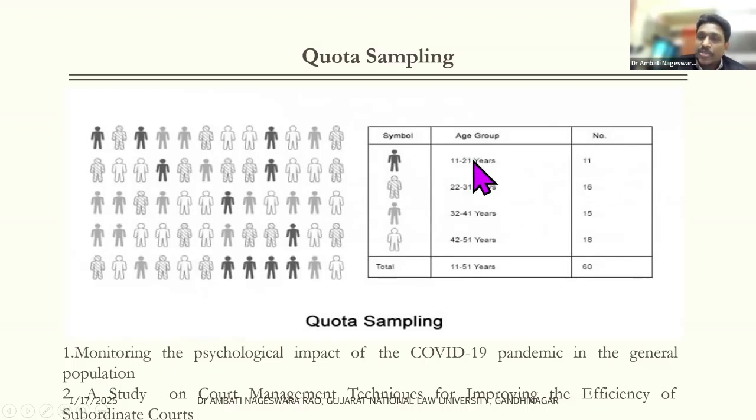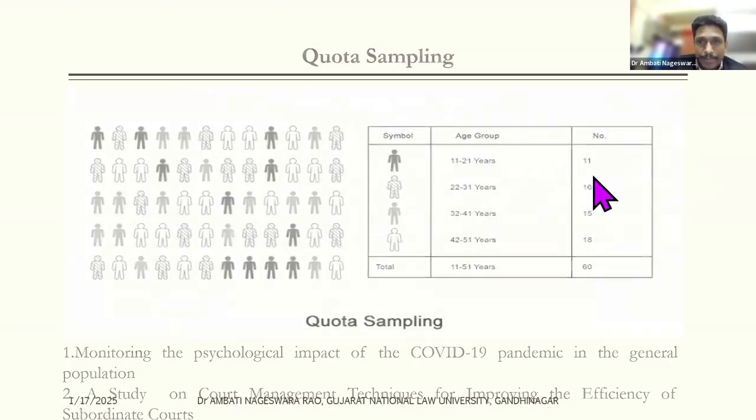So if I know the total population, then only I can fix a certain quota. Okay, there is this much population, and I'm going to collect the data from 11 people. Then you are going to choose them by convenience sampling. There's nothing like random choosing, just fixing the quota. Fixing the quota is the first priority. After fixing the quota, you can take any respondent of your choice. This is called the quota sampling technique.